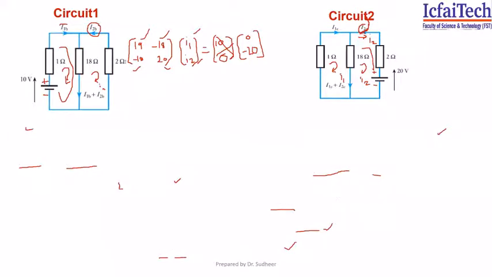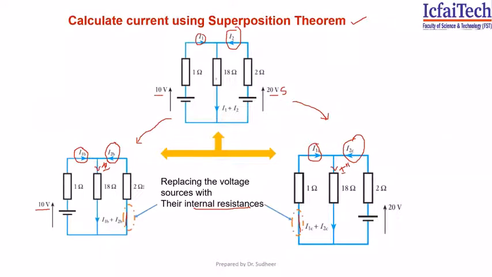How we can cross check is a very simple method. Apply the inspection method directly to this circuit and try to find out I1 and I2. So if you go for the inspection method directly on this circuit, the diagonal element is 1 plus 18, that is 19. The off diagonal element is minus 18. The 1 2 element is equal to the 2 1 element, and then the total of resistors in the second loop is 20, multiplied with small I1 and then small I2,